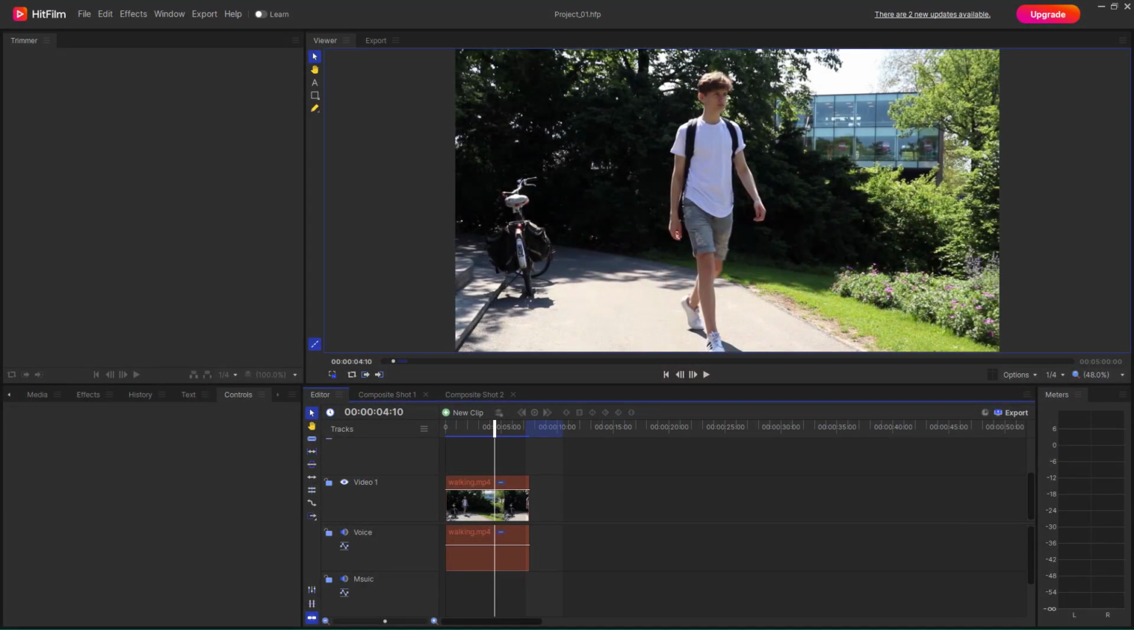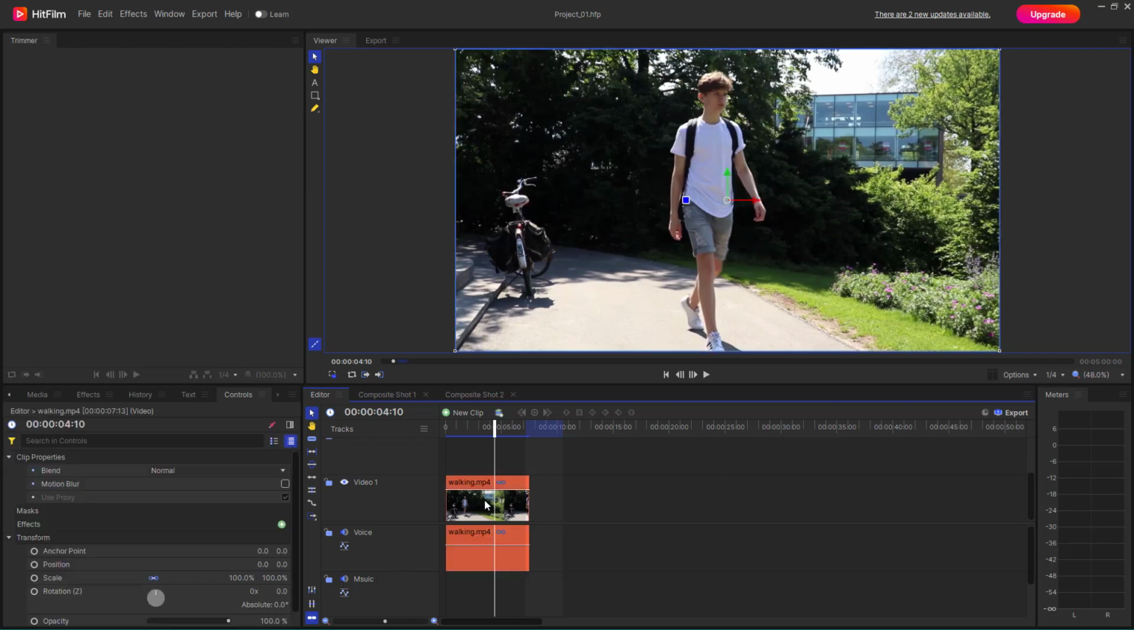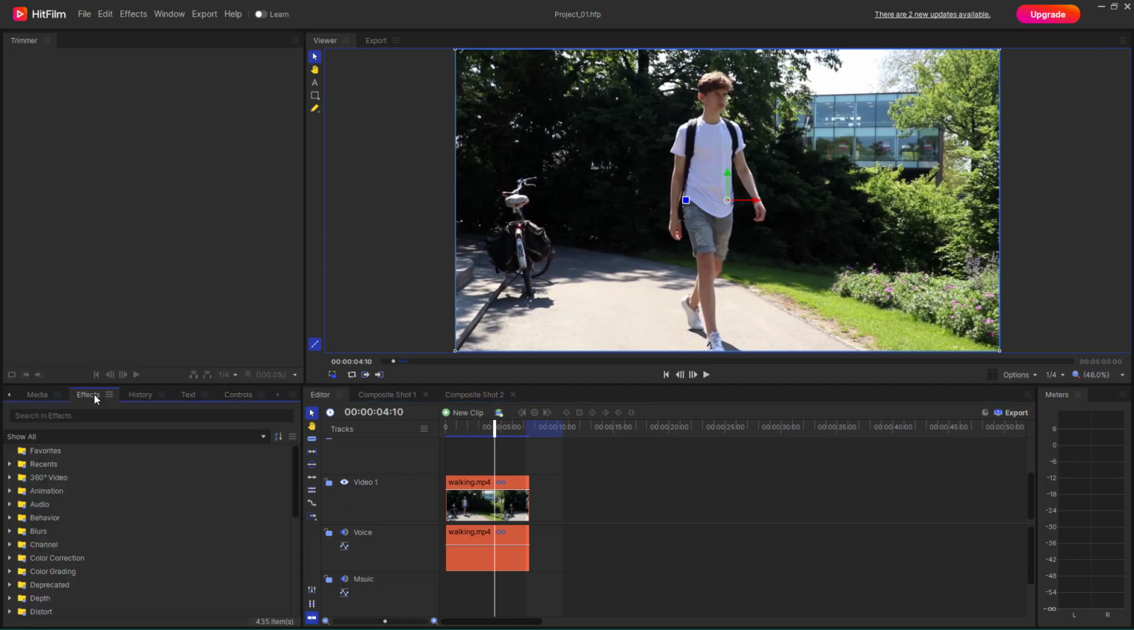So now let's see how we can work around with color phase and color vibrance effect inside of HitFilm. Over here you can see that I have this video clip right here, and in order to apply the color phase and color vibrance effect, I'm going to go under the effects tab right here. Once I go over here, I'm going to go under color grading, and over here